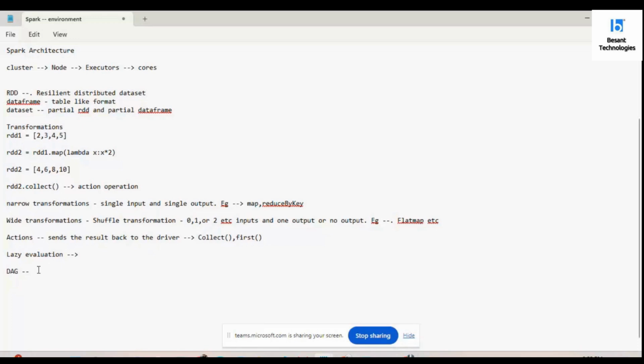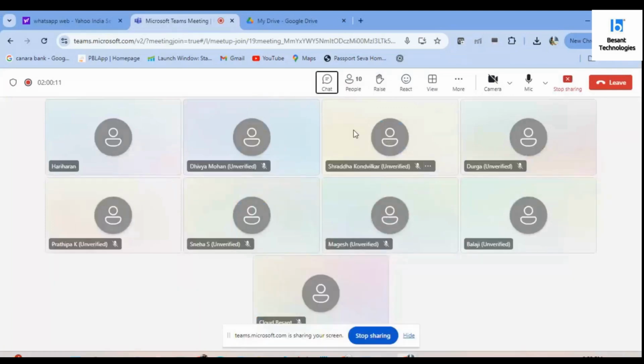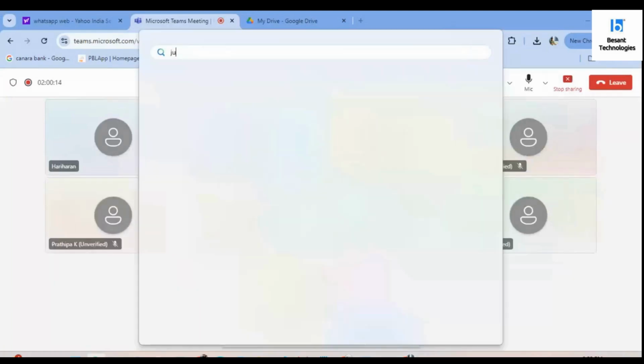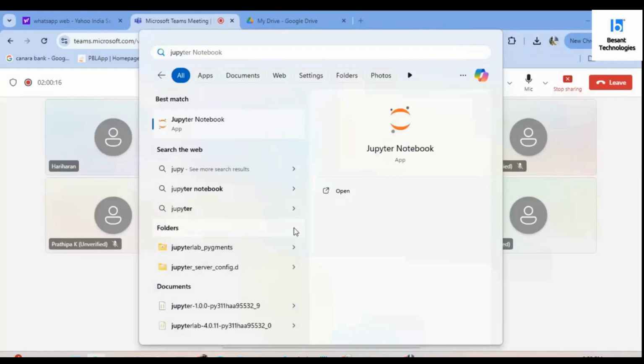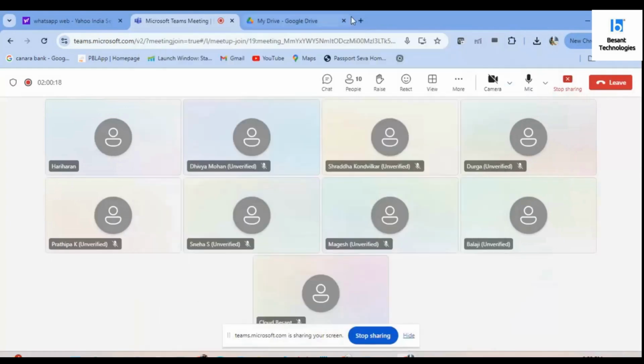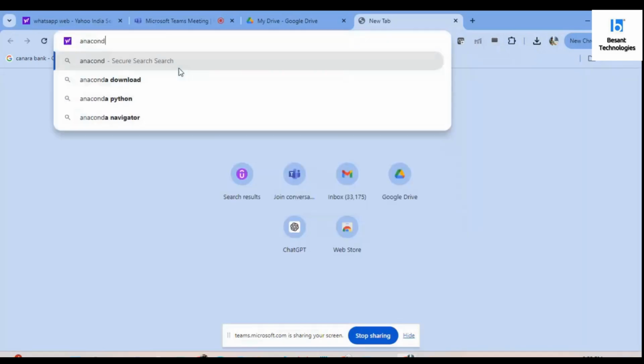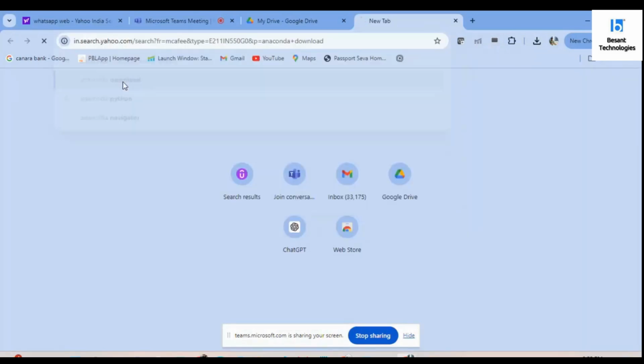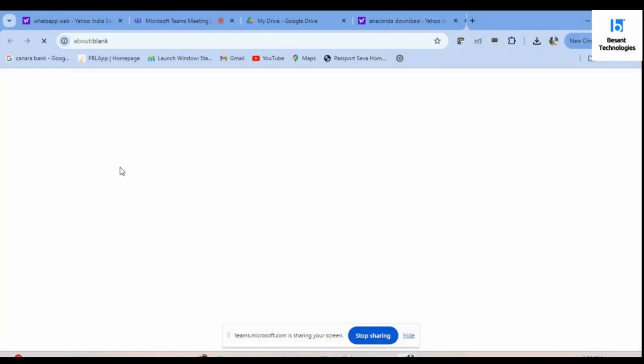Tomorrow we'll start with the calculation and we'll set up this Jupyter environment. After that we'll start working on it. If you have time, just look at how to install Jupyter. It's very simple. I already have it here, so I'll show you how it looks first. This is how the Jupyter notebook looks, and you just need to go to Anaconda, download, click on this website,